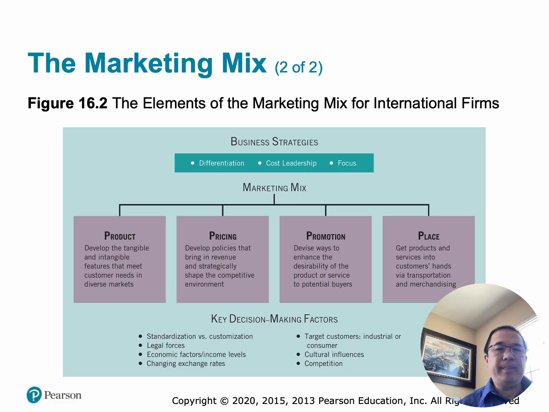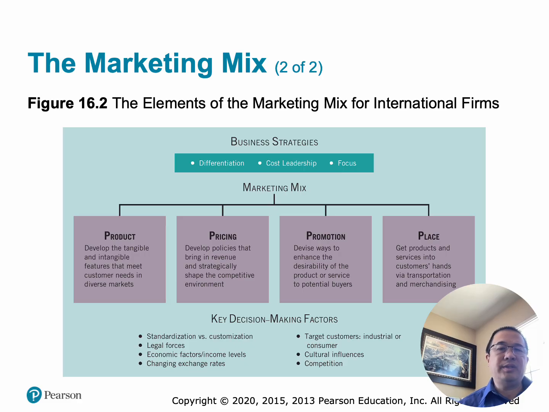Focus strategy. This is for competing by serving a specific market segment. Examples are Rolex for luxury customers, Patagonia for outdoor enthusiasts, and so the marketing focuses on niche customer needs and specialized products. Number 2, marketing mix. The business strategy determines how the company manages the 4 elements of the marketing mix.